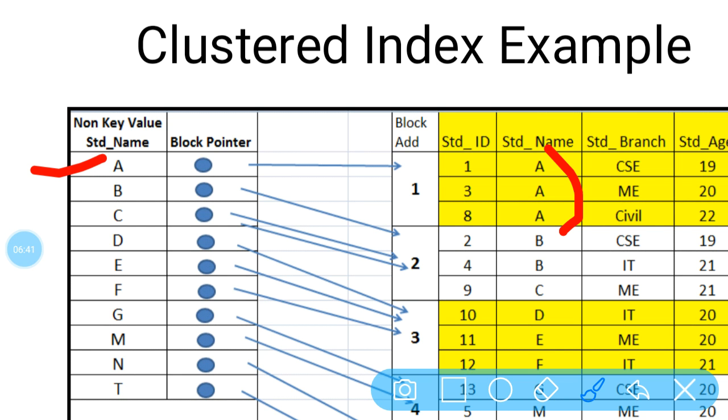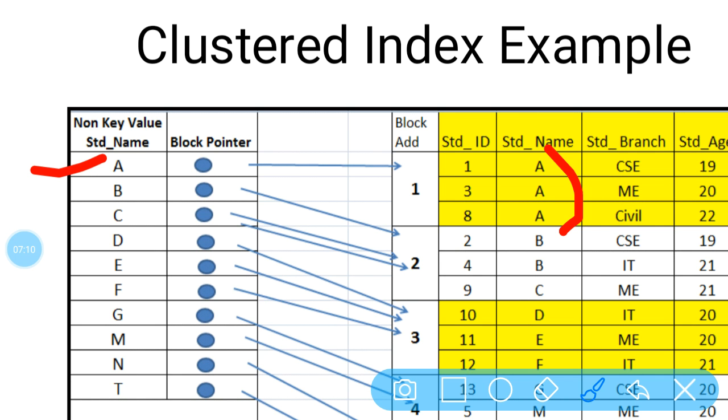This is an important concept of cluster indexing, and it is also considered under sparse indexing. Cluster indexing takes only the first value encountered; if the value is repeated, you choose only one value. In a similar way, for bb we choose only one value, and then c. Now look here: b is indicating block number 2, and c is indicating block number 3.